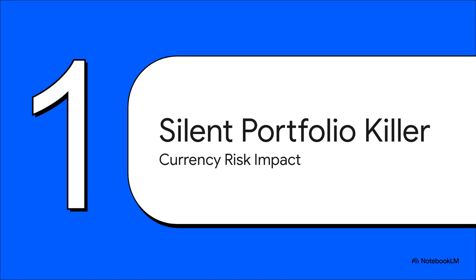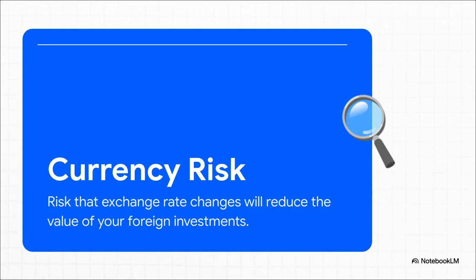That silent killer we've been talking about, well, it has a name, and just understanding it is the first big step. It's called currency risk. At its heart, currency risk is the gamble you take whenever you buy an asset in a different currency. All of a sudden, the value of your investment depends on two things: how the asset performs and how its currency performs against yours. And this is a two-way street. A good currency move can juice your returns, but a bad one can do some serious damage to your portfolio.